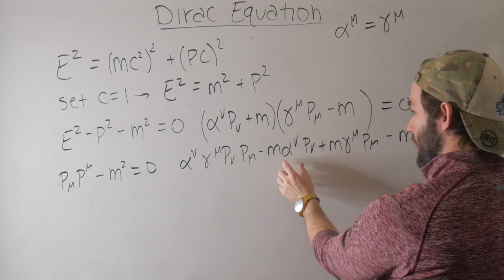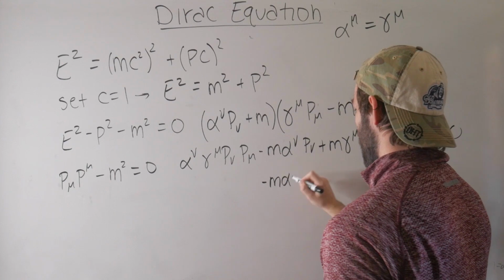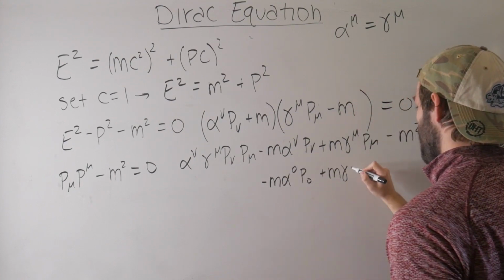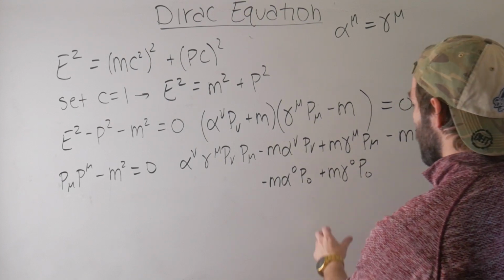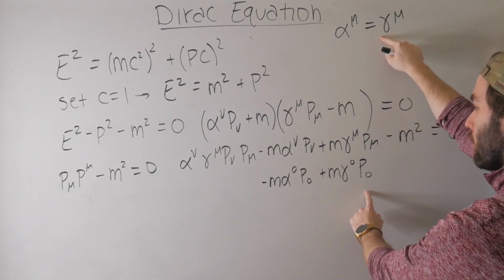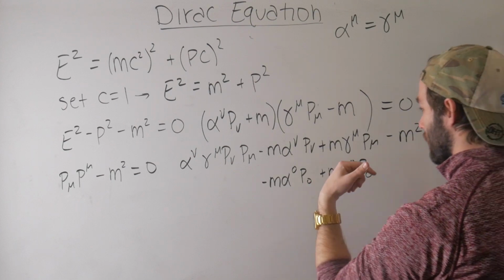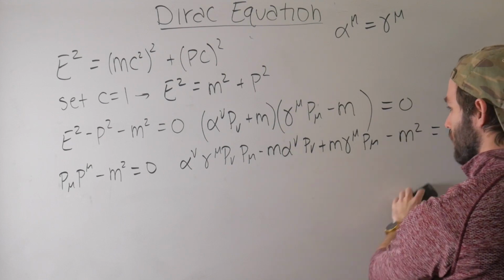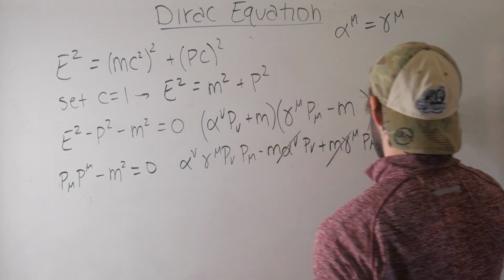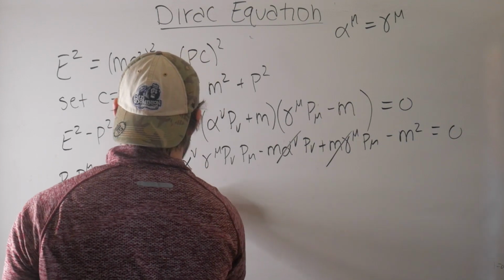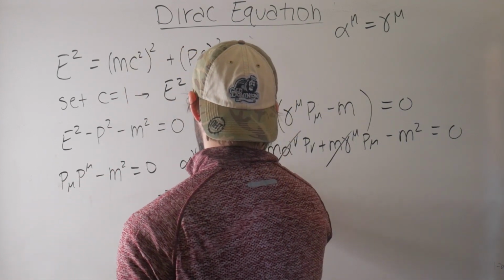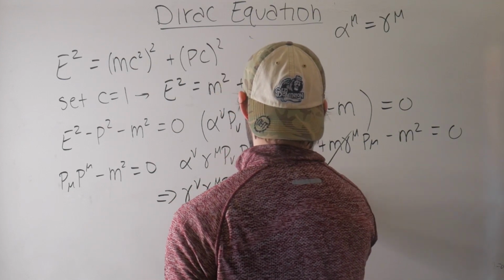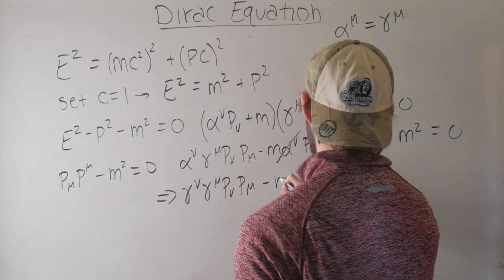So if we multiply this stuff out, so if we have minus m alpha 0 p0 plus m gamma 0 p0, we can make these vanish by this requirement here. Okay, so all of these are going to be added up and cancel each other, which gets rid of these cross terms. Okay, so we made that requirement. And now we can just rewrite this equation as gamma nu, gamma mu, p nu, p mu, minus m squared